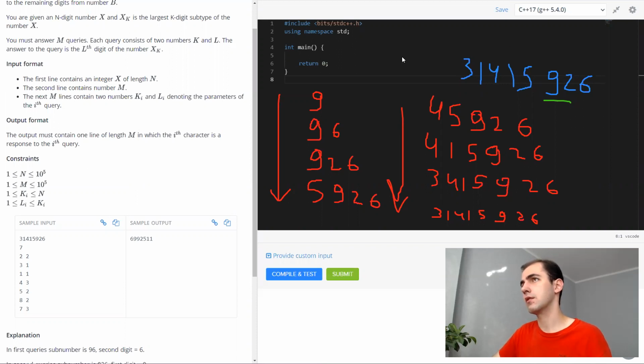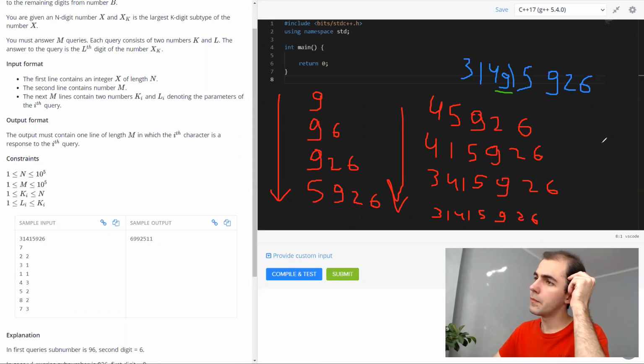So imagine having a 9 here. That would result in us starting with this 9 instead. What happens after this is that we select the next largest digit to the right. If there are several occurrences, we select the leftmost as well.